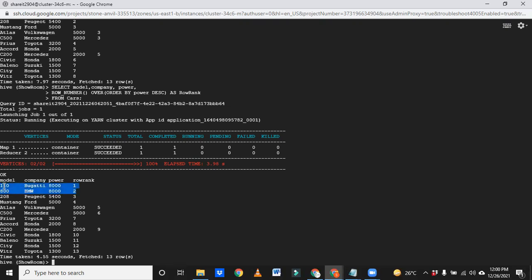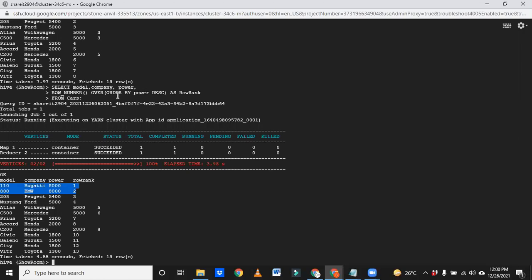Now let us assume these are the duplicates. Our query should be like this: row number over partition by model, company, power, order by the last column, let us say the date column, last insert DTM, that means last inserted date and time.